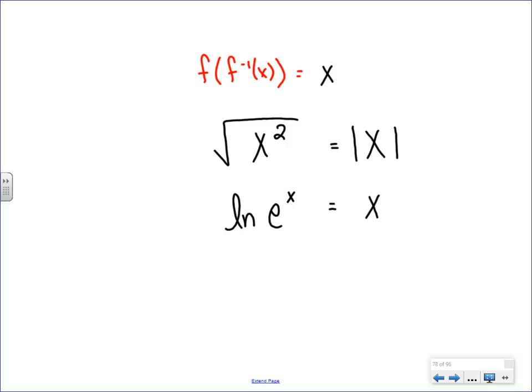Now sometimes there are special rules, though, that we have to be considerate of. Like signs, or like restricted domains. So let me give you one more and let's see if we can follow the logic. So what if I was to do cosine inverse of cosine of